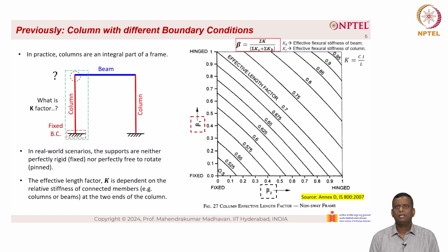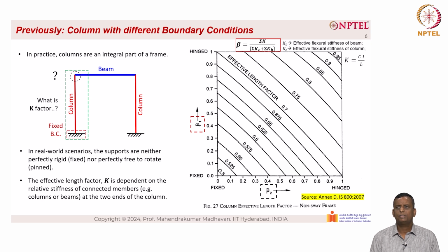Now what is beta? Beta is the ratio of the stiffness of the column under consideration to the total stiffness acting at that location, based on the column stiffness as well as the beam stiffness. K sub B represents the effective flexural stiffness of the beam and K sub C represents the effective flexural stiffness of the column. K is basically the stiffness I by L, which is the moment of inertia divided by the length L. The C here represents the correction factors, which you have to follow as per IS 800. But for our present studies, it is essential for you to understand that these factors lie between 0.5